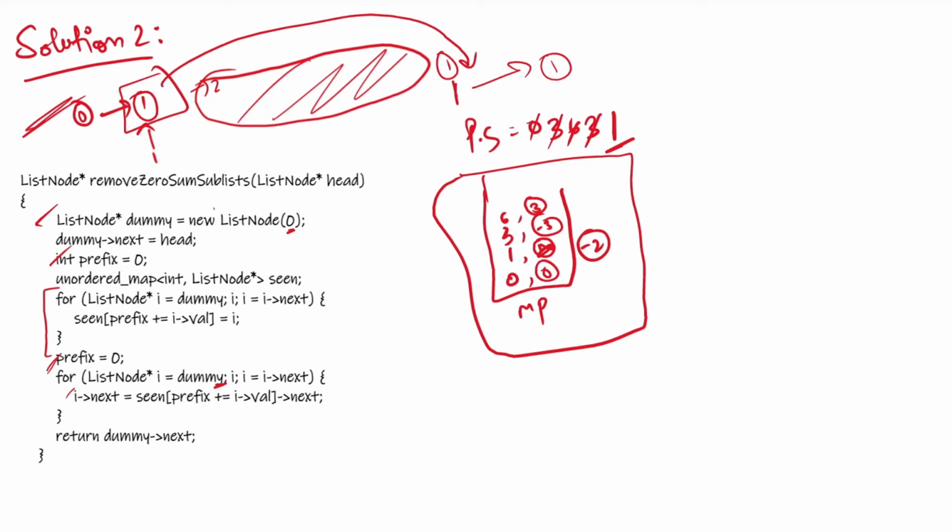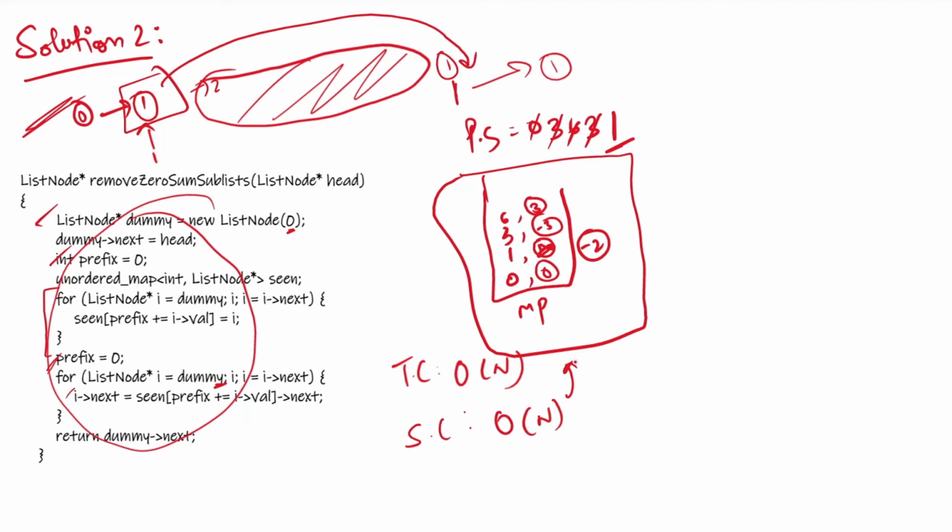So this is a very cleaner solution than the earlier one. The time complexity of this solution will be O(n). Basically we are passing 2 times, so we can say 2n, but it is much cleaner than the earlier one, and the space complexity will be O(n) for using the map. So the complexities are the same, but if you see how neat and clean the code is, this is the neater and cleaner version of the last one.